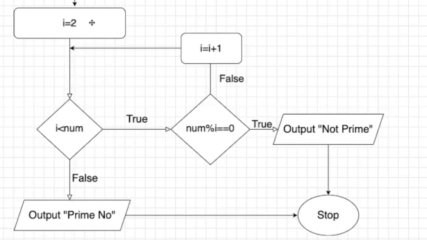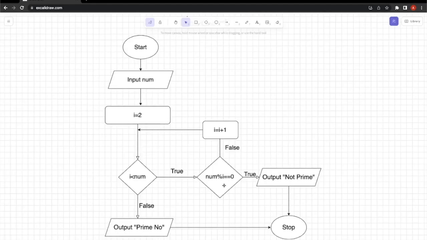Now, if the given counter is less than the input number, that is, if 2 is less than the given input, then we check if the number modulo 2 is equal to 0, then it is not prime. That means if the given counter is a factor of the input, then it is not a prime. We declare it not a prime, we output not prime, and then we stop. Else, we increment the counter. Now 2 becomes 3, and then 3 becomes 4, and so on, till the given counter is less than the